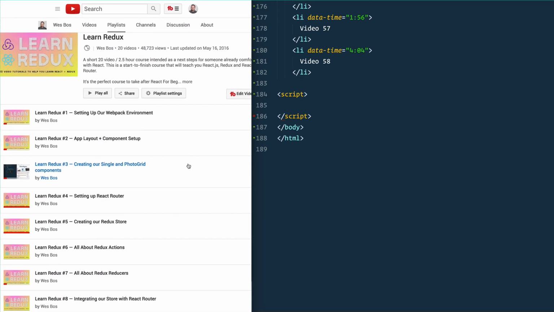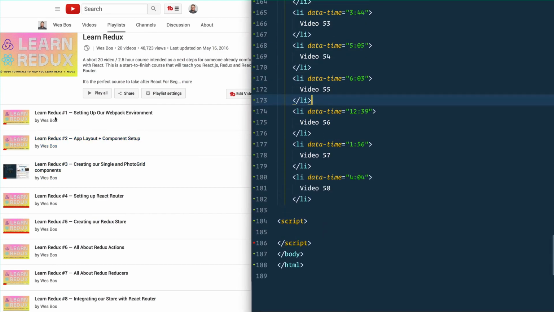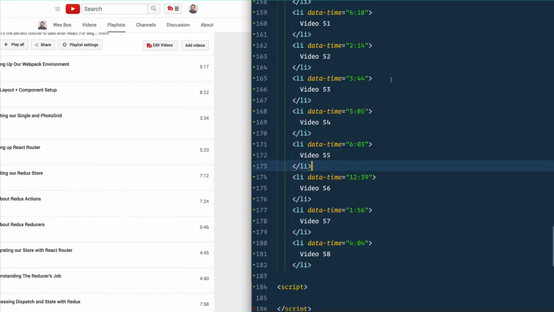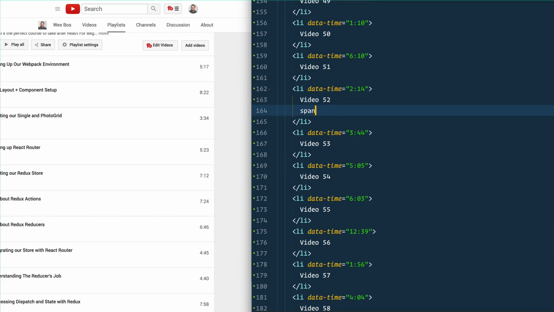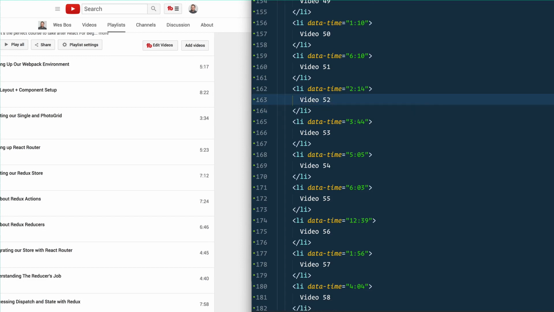And it's just an HTML. So what I've done is I've sort of replicated what YouTube generally gives me. They have a list item or a div or something like that. And then there's going to be some sort of DOM node that is either a span with the class of time, and inside of that, I'll say 2 minutes and 34 seconds. Or usually with YouTube, they have a data-time attribute that is a string containing the minutes and the